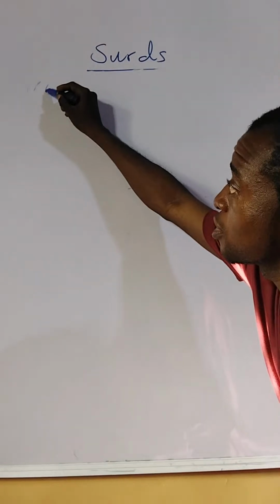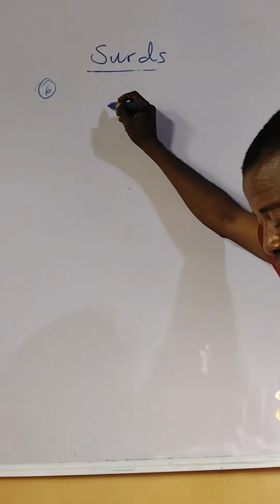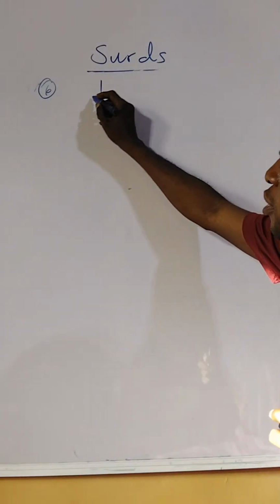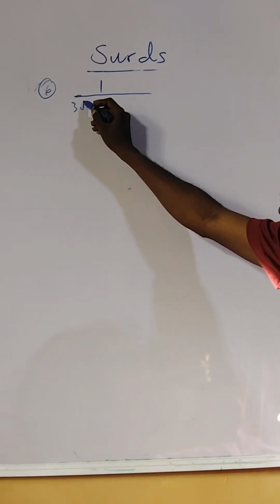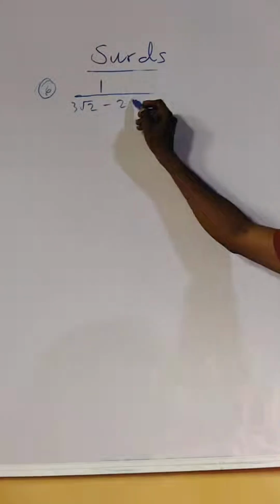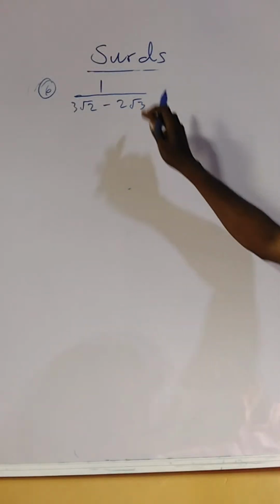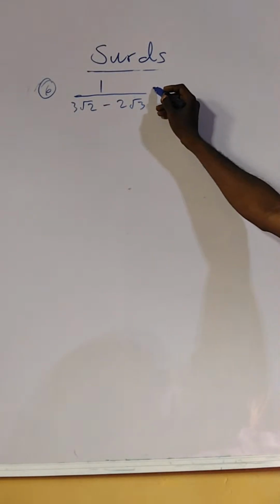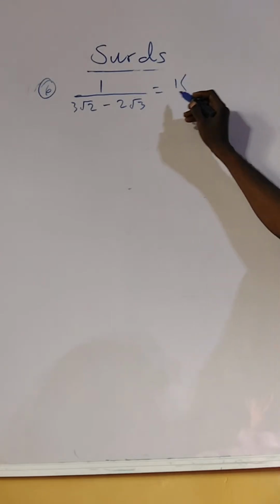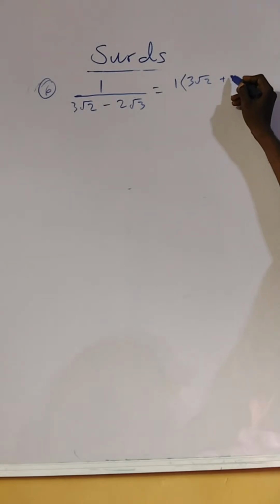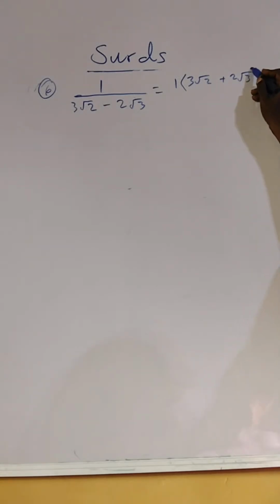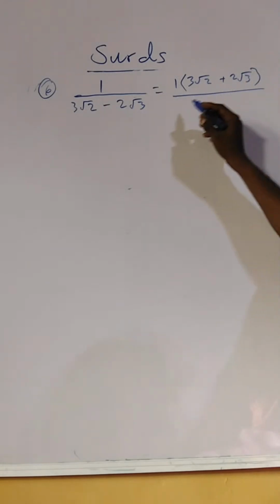We call this number 6. We have 1 divided by 3 root 2 minus 2 root 3. We rationalize this, so it becomes 1 times the conjugate here, that's 3 root 2 plus 2 root 3, divided by,